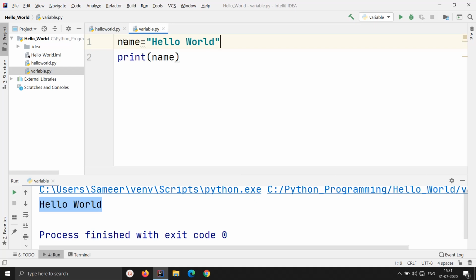For example, if I had declared this variable as an integer, in those languages you have to store an integer value only. If I had declared it as a string, you will have to store a string value only, which we have done in this case. But this is not the case with Python. Python says store whatever you want inside this variable, and I will understand what kind of value you want to store.